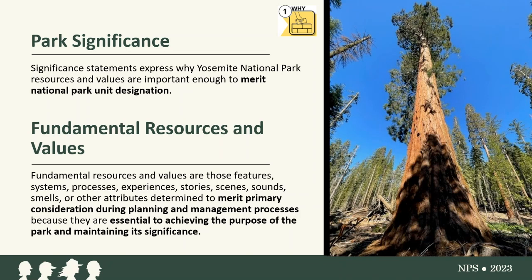For Yosemite, 10 fundamental resources and values have been identified in the foundation document. They are 1, unique geological landscapes, 2, dramatic inspirational scenery, 3, abundance and quality of water resources, 4, giant sequoias, 5, vast ecological diversity, 6, enduring human connections, 7, diverse recreational experiences, 8, educational opportunities, and 9, global leadership